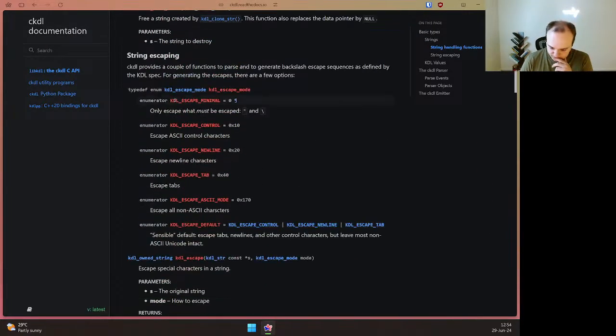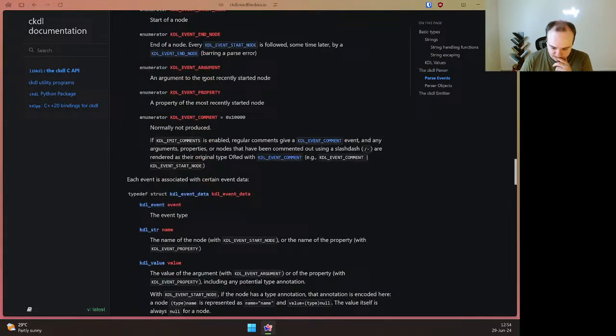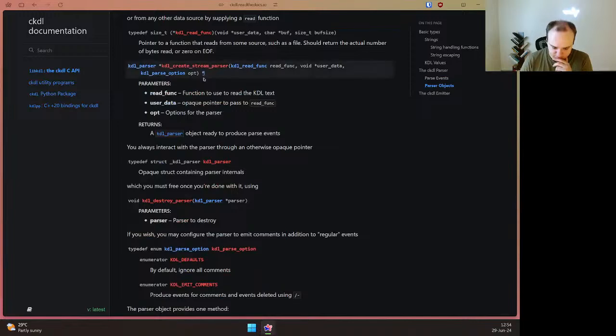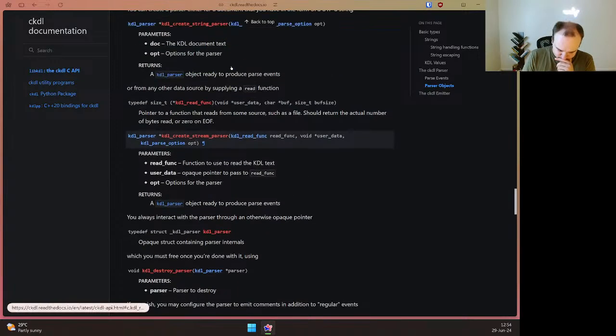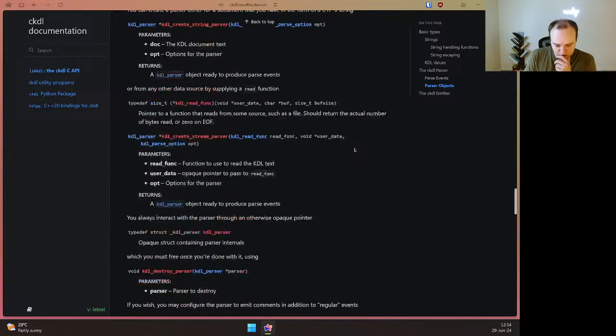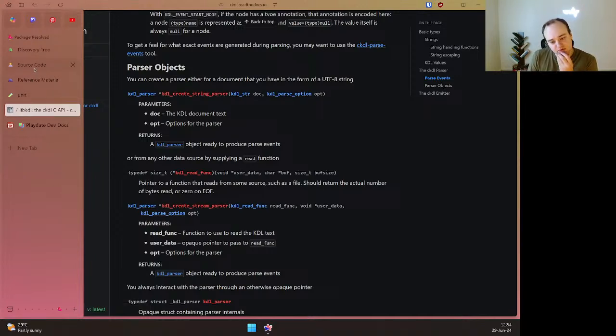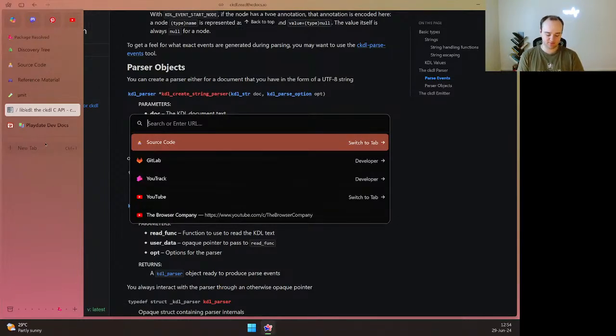So if we were to create a parser here, parser objects, so we can create a stream or we can create a string parser, which we'll probably want to do. The question is, do we have this information available to us in the version of Playdate kit that we're using?